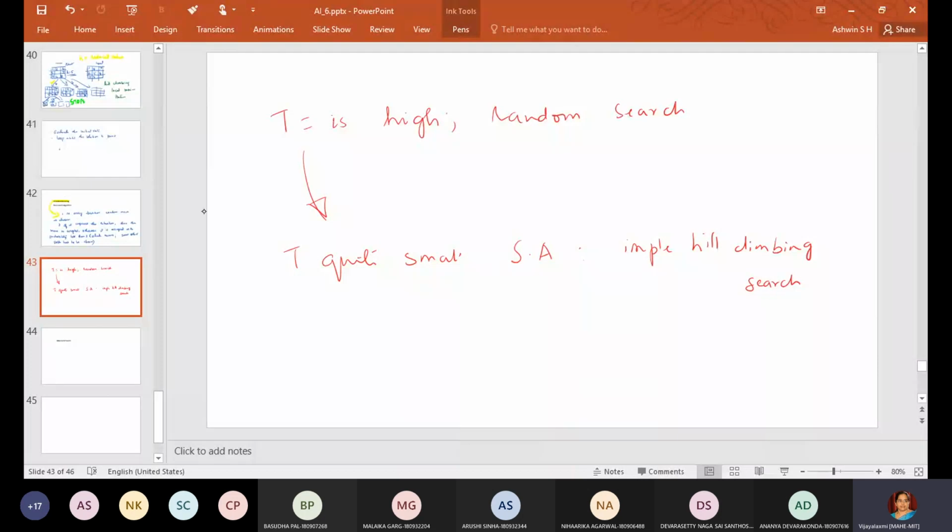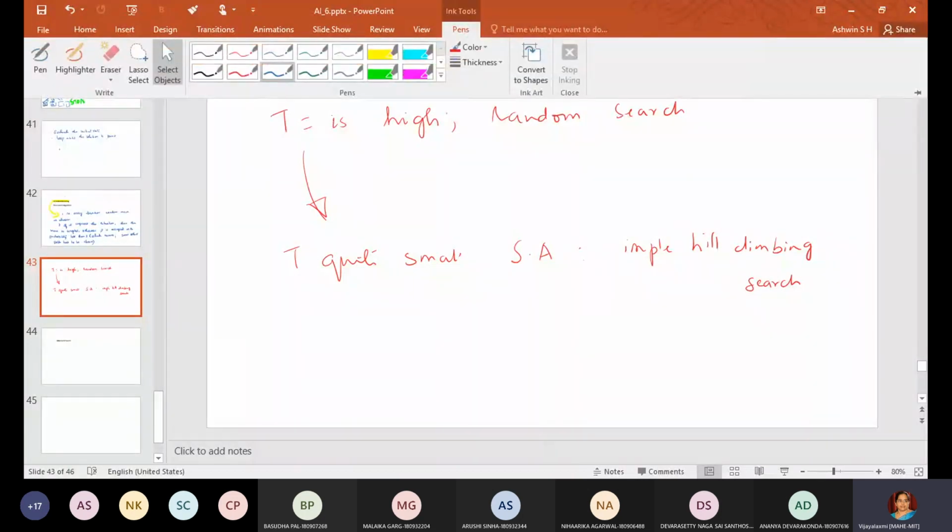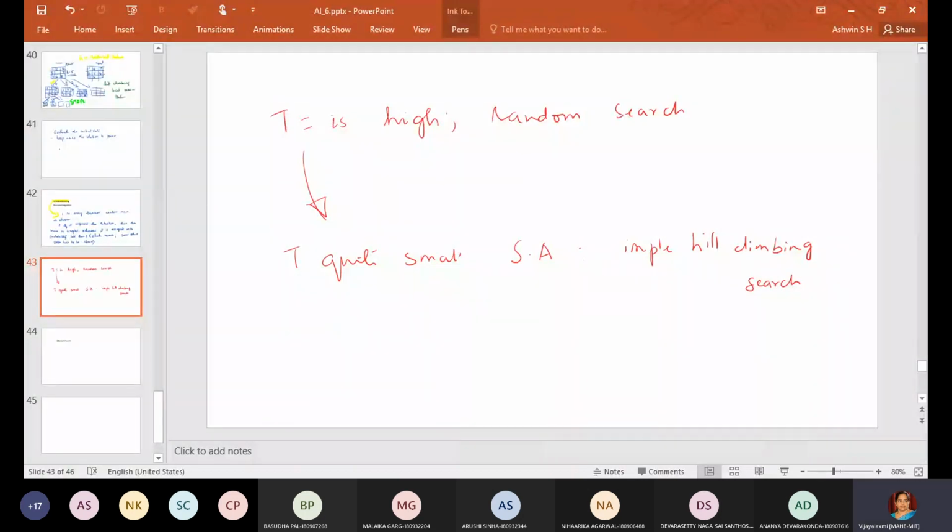Now I am just giving you one suggestion for most of the ENC students. You can make use of this simulated annealing technique in VLSI layout problems. Okay, this is widely used in all the VLSI layout problems.